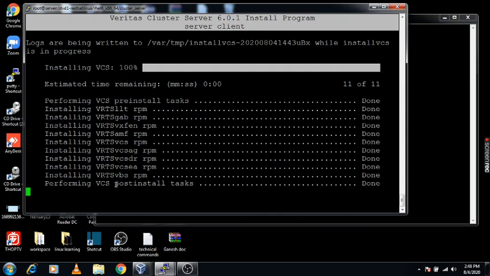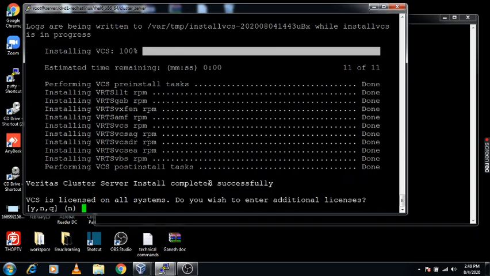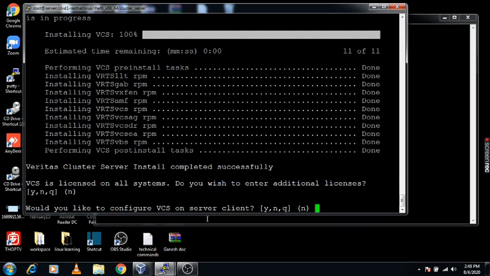Now it's performing the VCS post installation task. Now it is showing that Veritas Cluster Server is installed successfully on the servers. Do you want to enter an additional license? No. Would you like to configure on the client server? Yes.